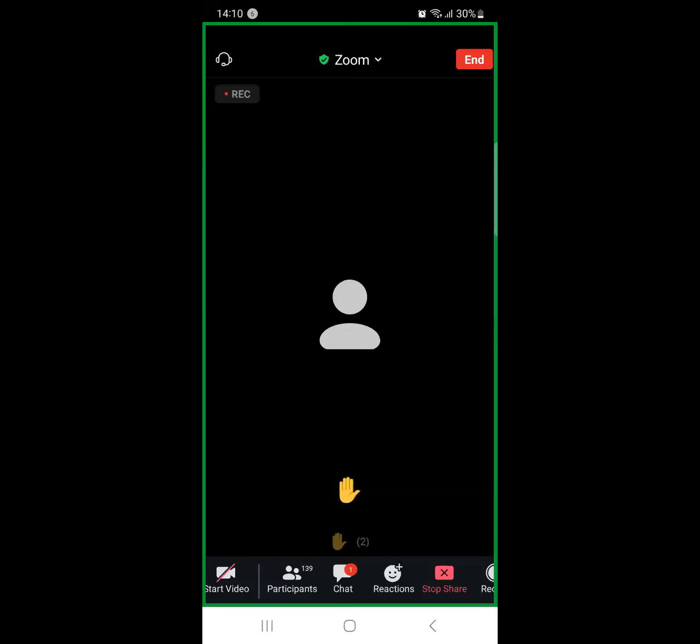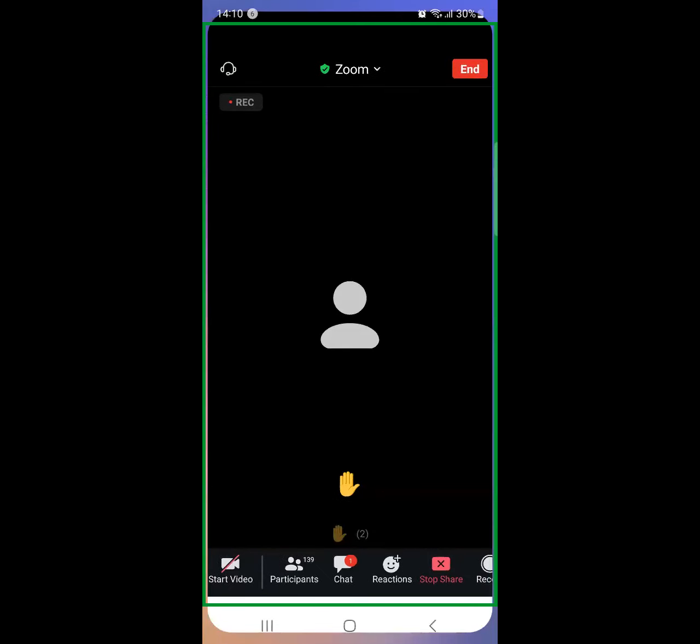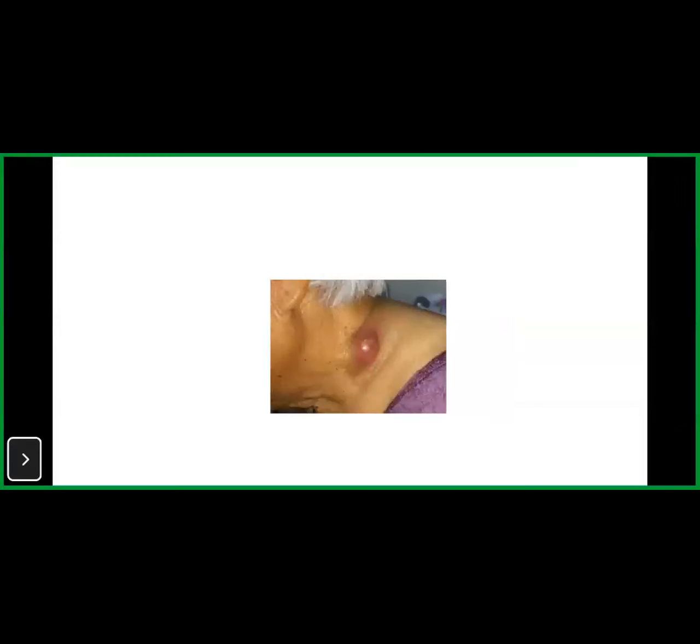You are bound to ask. I am having lumps and bumps. Where? In the neck. Immediately see it. You have to show me. I will not move forward because this is a finding which can be seen and inspected. Sir, can you please show me those lumps and bumps? They are multiple, but I can show you one. Sir, please show me. Are you seeing my screen? Yes, sir. This is my lump.